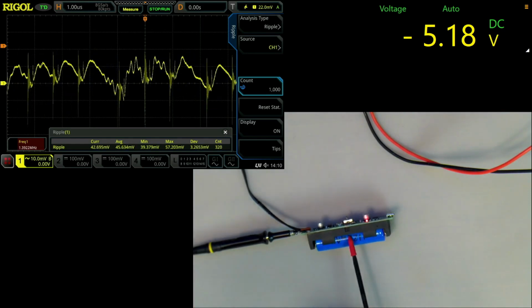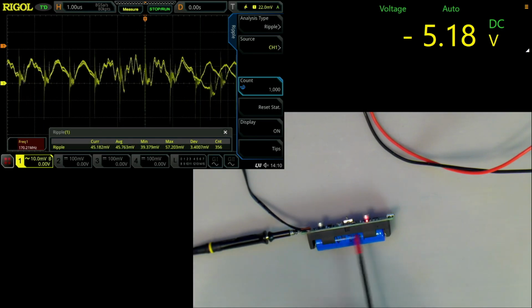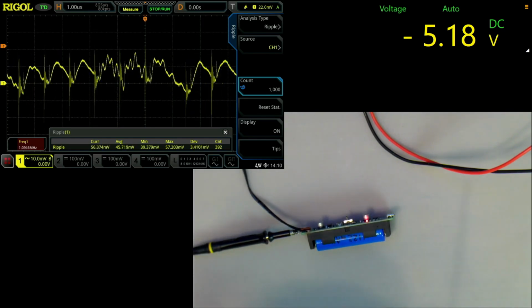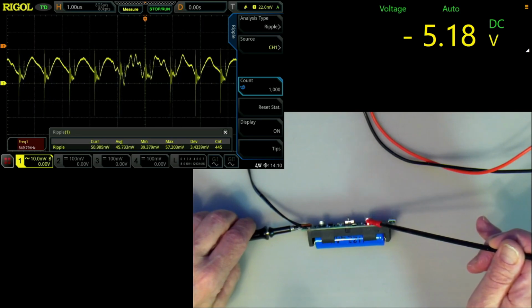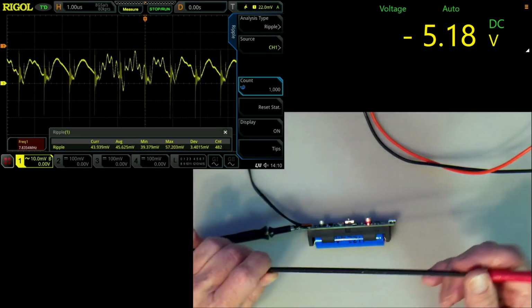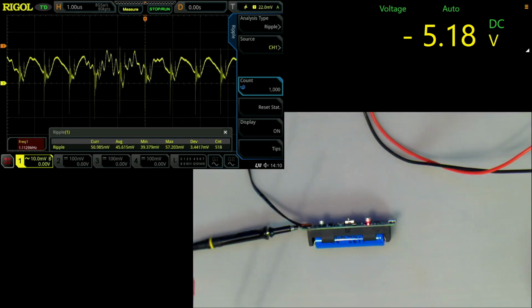I put a lithium ion cell in there. This is quite an old crummy one, because I want to see what it does with low performance stuff. The switch is on, the little light here is on, that means that it's producing output. And in fact, you can see at the top right of the screen there, we're having